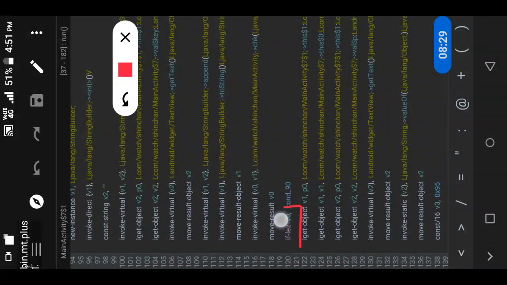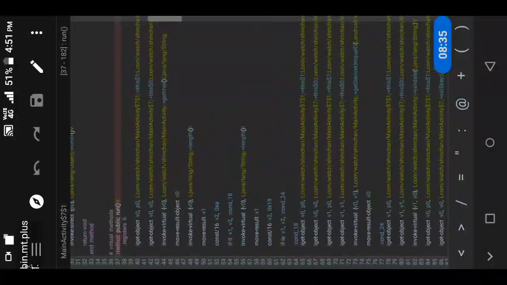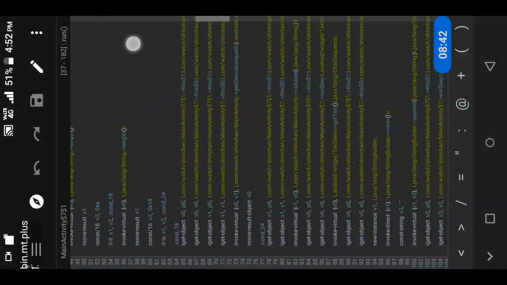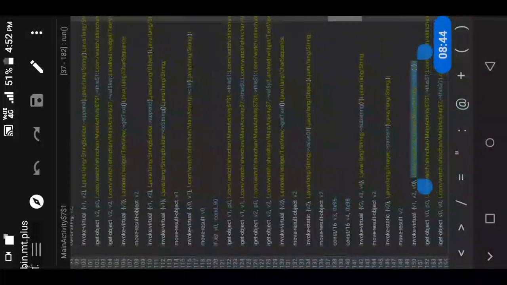Here it will check with v0, and it will go to condition 90. So now what I'm going to do is just delete this line here.